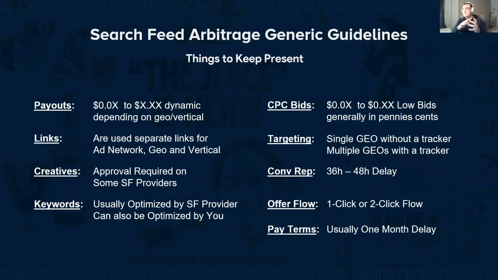It usually takes a month for the payment to arrive. Now, a month, I mean, if we're running traffic in December, it means that we're going to get paid out for the December traffic by the end of January or something like that. It could be bothersome for someone, but on a positive note,